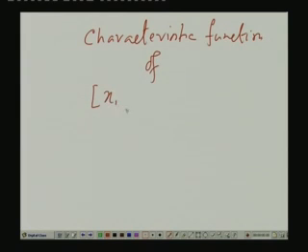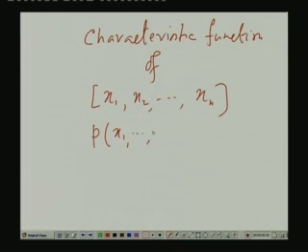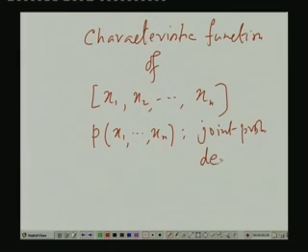random variables x1, x2, dot dot, say xn. Okay, there are n random variables. They are jointly random. They have a joint density, that is, you can say the joint probability density. Obviously, you can understand that since there are n random variables, we will have n frequency variables now: omega 1 associated with x1, omega 2 associated with x2, dot dot, omega n associated with xn. Okay. So